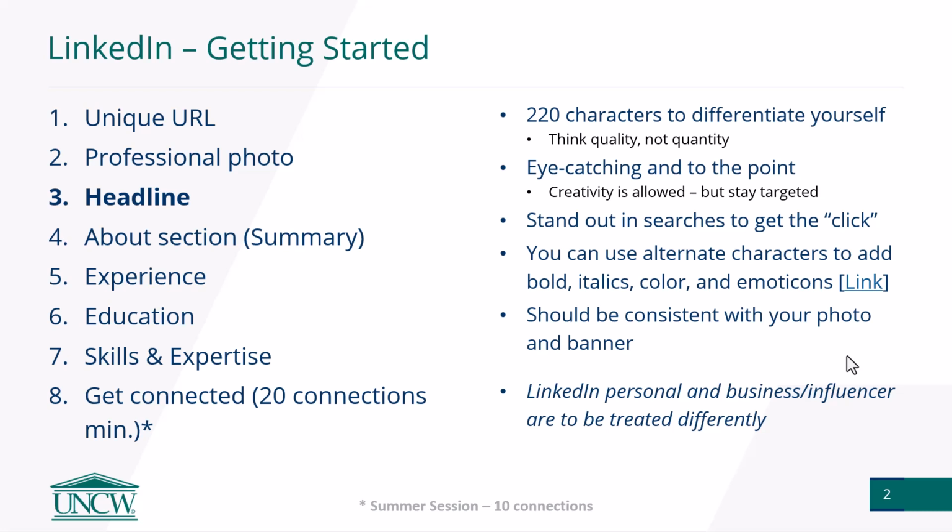So basically, first of all, I want to start in here just talking about the connections again. Depending on the semester, it'll either be 20 connections for a normal in-person class or 10 connections for the compressed summer session as far as the requirements go. And just recognize that this is not going to be on every single slide as we go through, but I'll bring it up again towards the end as well, just to clarify that point and make sure you look at the rubric for your specific semester.